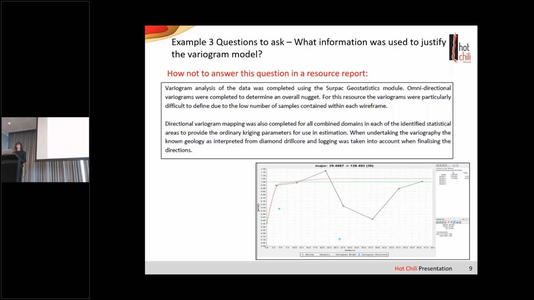So the best thing you can do is create a 3D ellipse of your variogram and compare it to the data. Anyone can say, hey, that looks right. It's also a really good way to check that your major direction is your major direction.